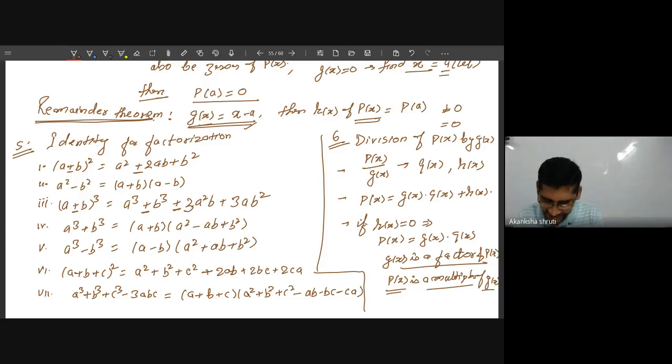These are the important identities that you have to keep in mind. The last one was division. By division you can calculate the quotient as well as the remainder. For dividing, you first divide the first term of the dividend by the first term of the divisor. That will give the first term of the quotient, and the process you follow is the same as in division. Students, these were the important things to keep in mind. Just by applying this, we can do all kinds of questions.